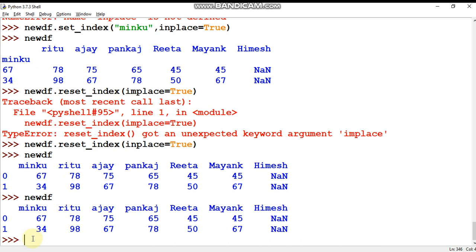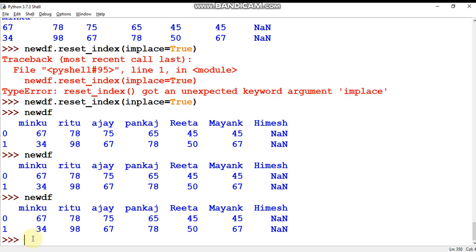So I have created a data frame, that is new df. You can see here, this is a new df data frame. So I want to make this Miku as a column. So what we have to do, just use the object of the data frame which you have created, new df dot set index. Set index all will be in lowercase.